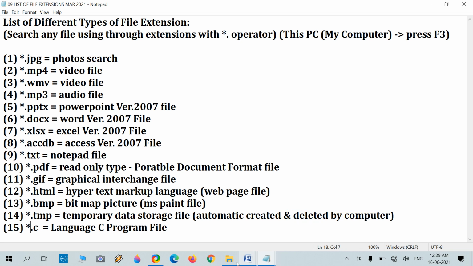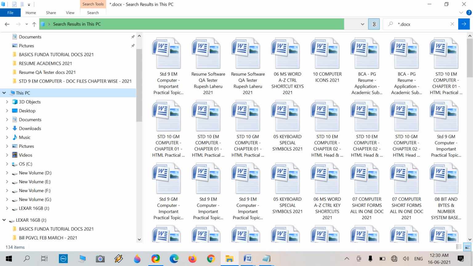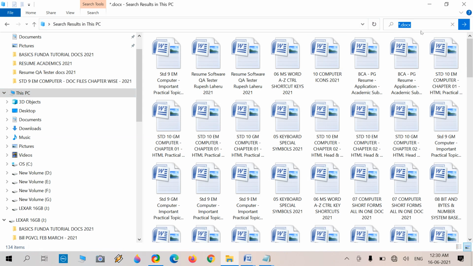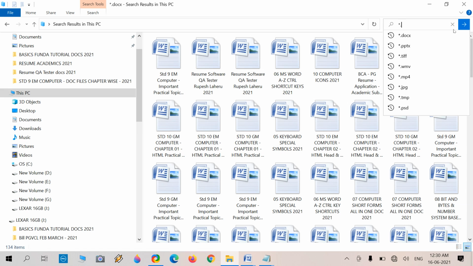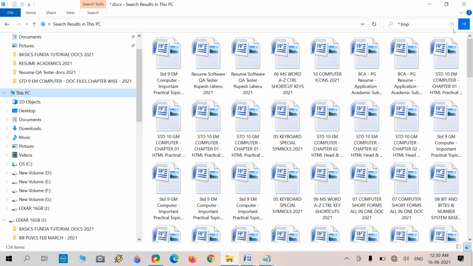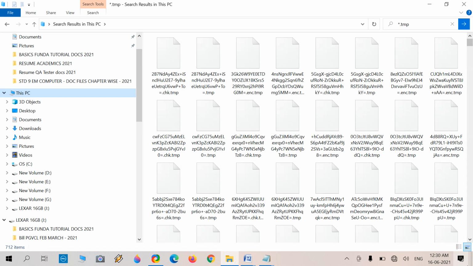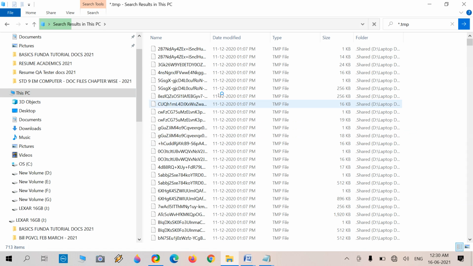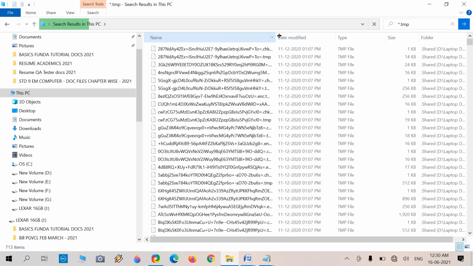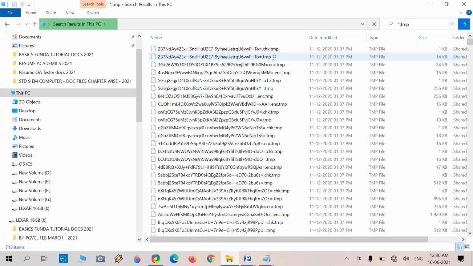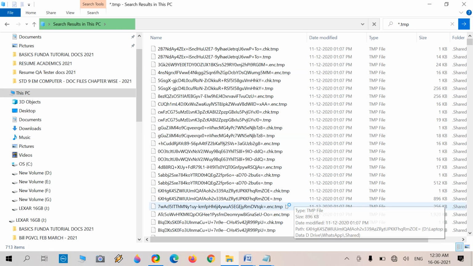Here it is, I'm using this now. This is to close and reject the result. Now I'm using asterisk dot tmp. It will result in a list of temporary files, and I'm changing the view. There is a list view, and all the tmp files are listed.